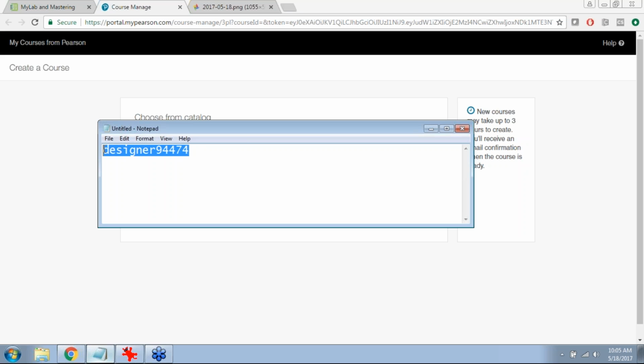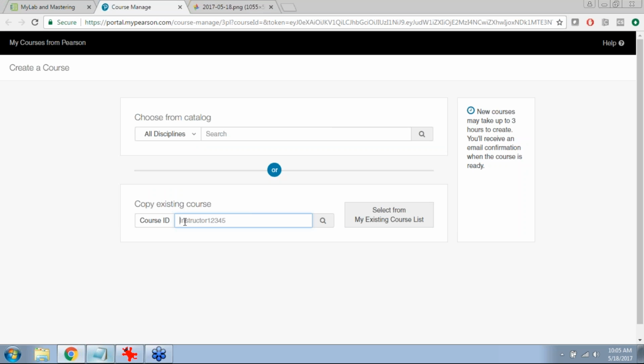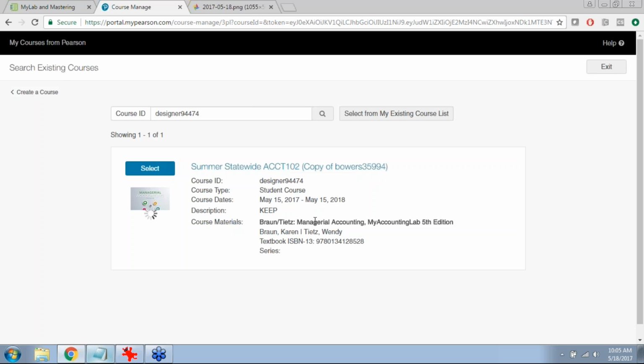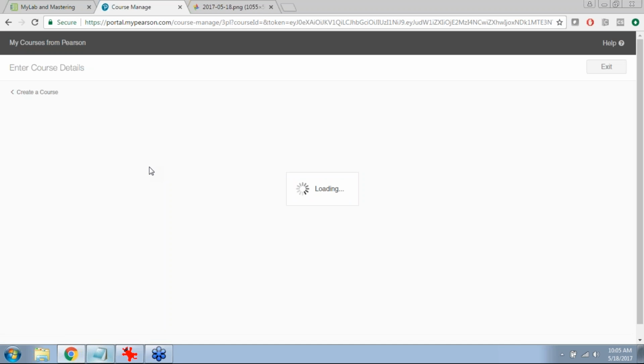You will receive a course ID that is typically going to be designer followed by 5 digits. That course ID will allow you to copy the appropriate course that's been designed for your section. You'll enter this into the copy existing course bar here at the bottom left. Next to course ID, you'll either hit enter, return, or this magnifying glass. I'll go ahead and click the magnifying glass, and that will show me the course that's been created. I'll click select,